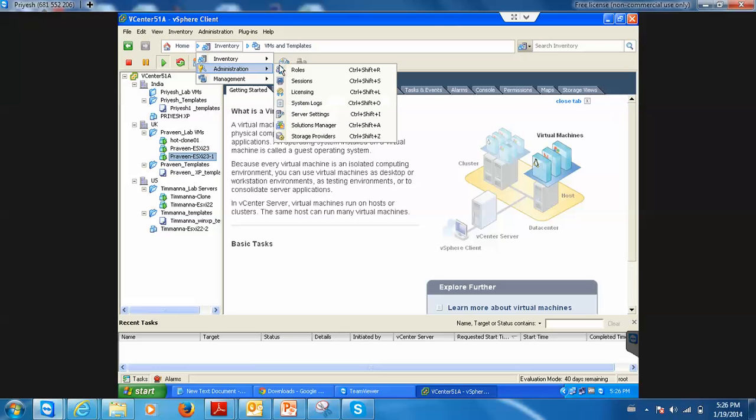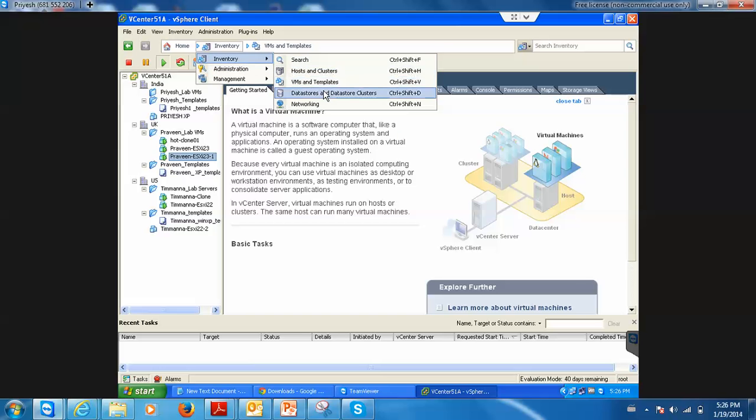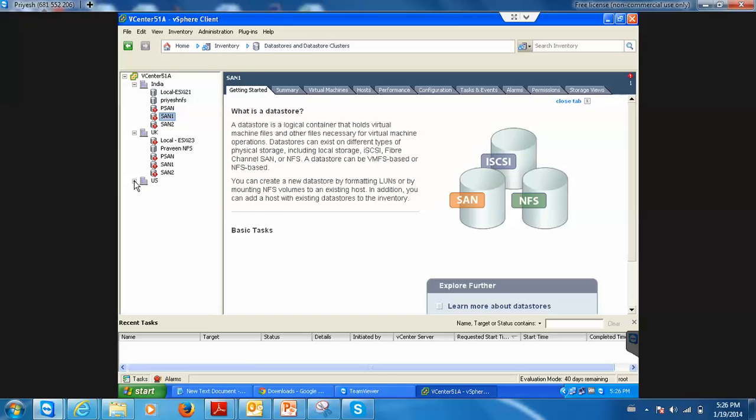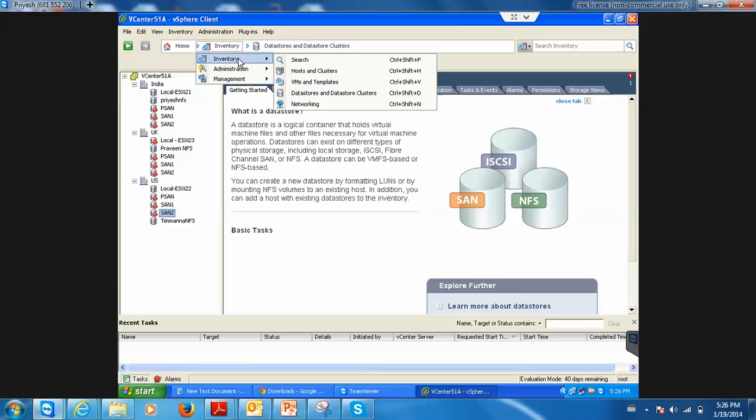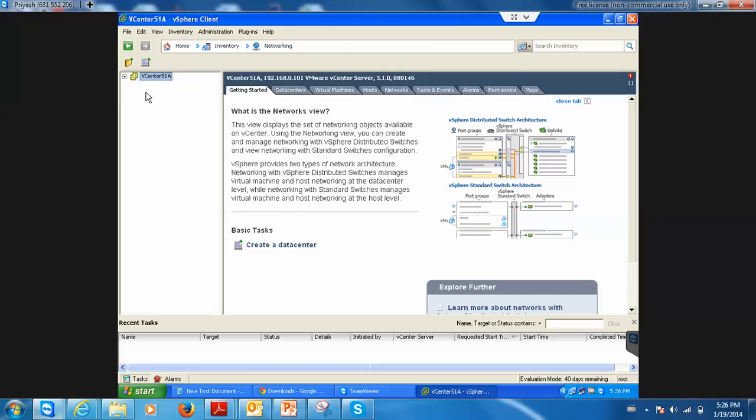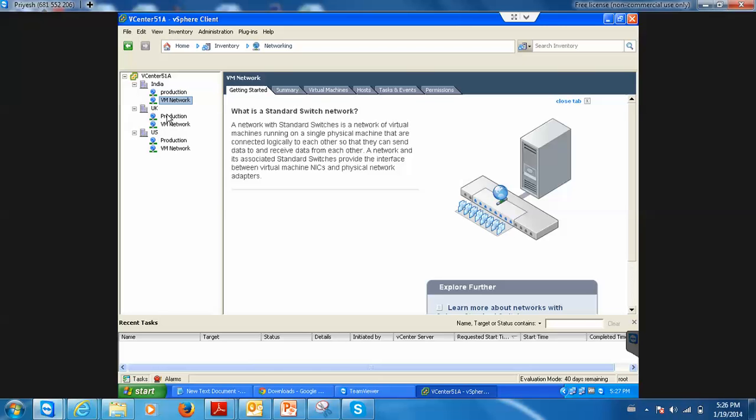And also you can view data stores and data store clusters. You see, all 3 users have their own local storage, and they have a shared storage. See, psan, psan, these are all the shared storage including san1 and san2. And you have one more view called networking. Once you expand networking, you see these students have their own production network setup. One is production, another is VM network,